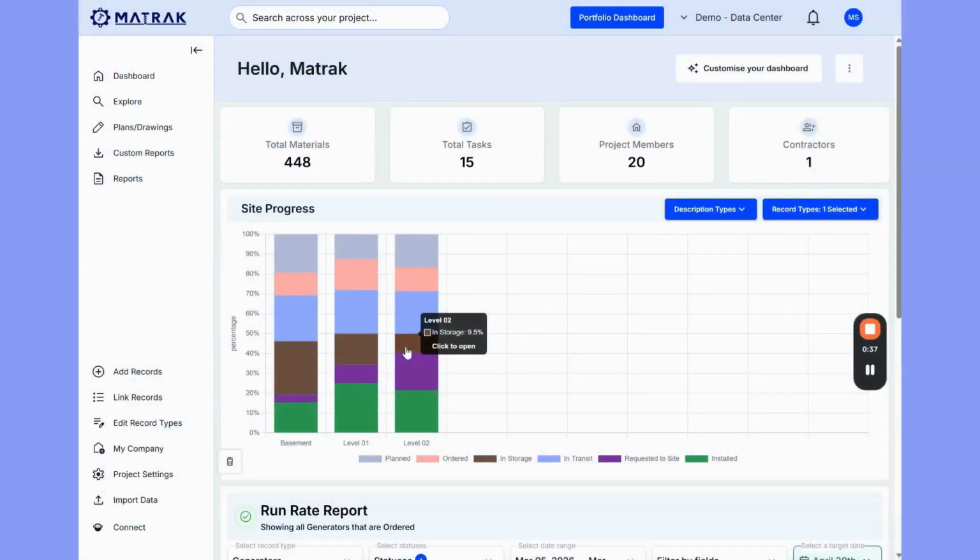Hey there, today I'm going to be taking you through an end-to-end process for data center supply chain management and warehousing. So when you first log into Matrak, what we're looking at is the dashboard, which gives you an overview